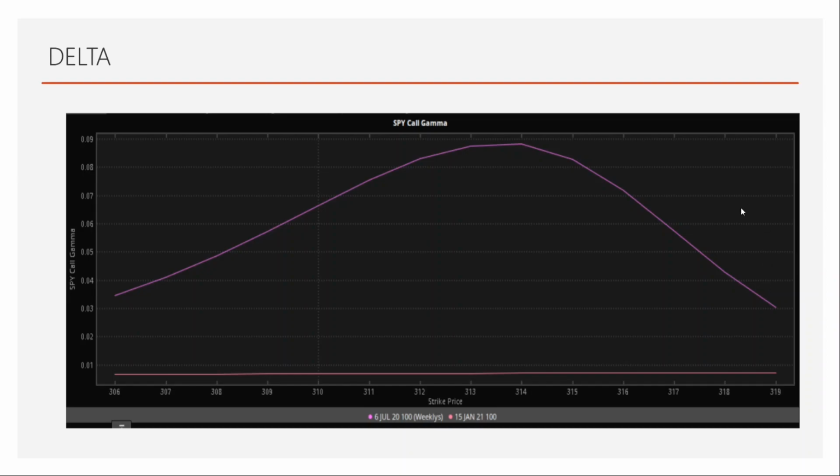So just a pictorial representation. As I mentioned, the near term expiry will have more impact. The purple line is the gamma for near term expiry. Near term expiry means what? The options that expire immediately or very close to expiry. For example, right now we are in July, so whatever expiration is in July is the near term expiry. The options that expire in December or January are future expirations. So here the purple line is near term expiry, and the orange line expires in 2021.